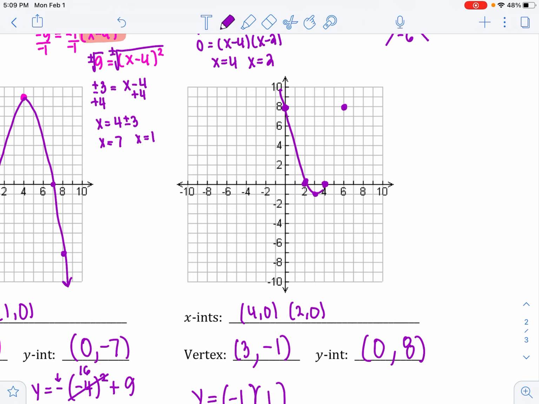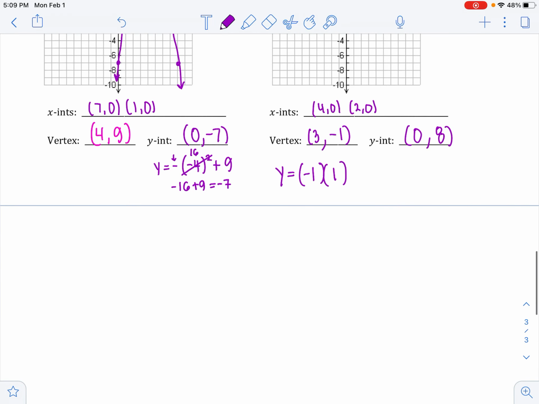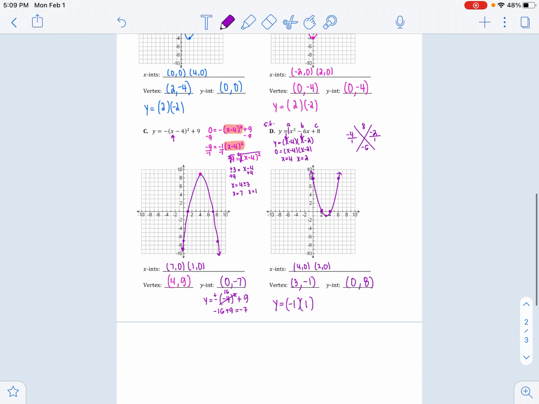Now when I connect these points here, you'll see that it's much better looking. And there's that parabola, much better looking. Okay, that's it for the practice. And once again, nothing new in here. It's just a nice